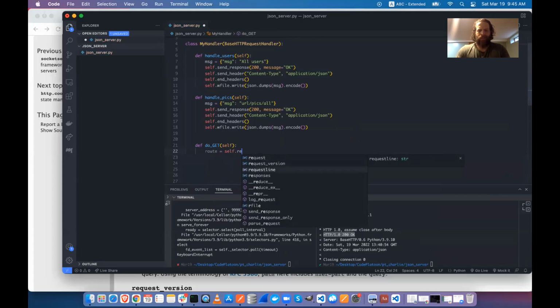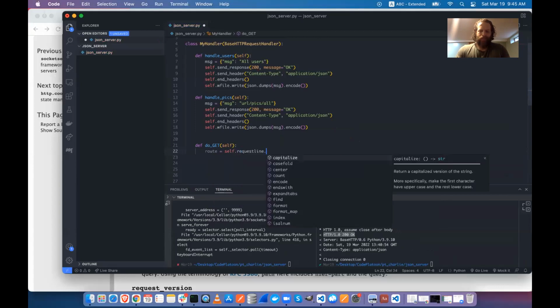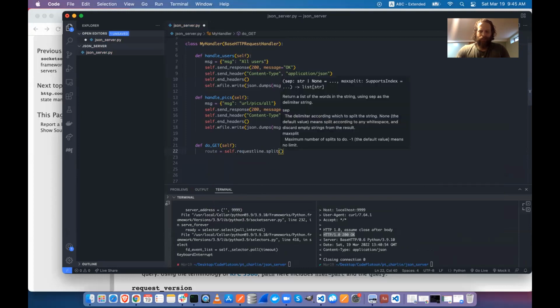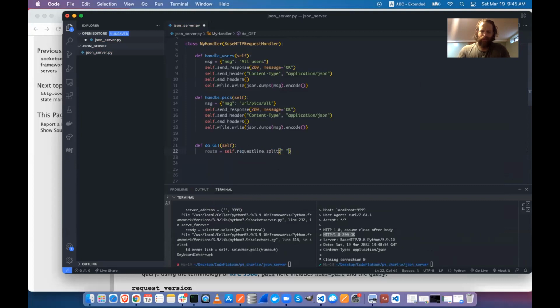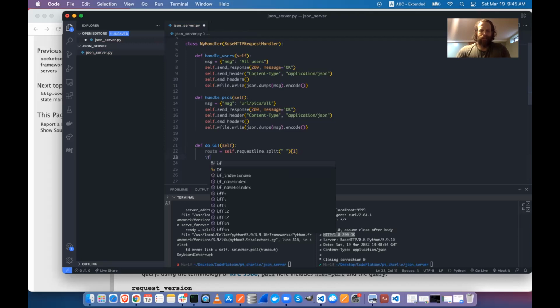Request line, and then we'll just split it based on spaces, and it will be the first or the second element there. Okay, so that's the route, and then I'm just going to do an if else, and depending on what it is, so if